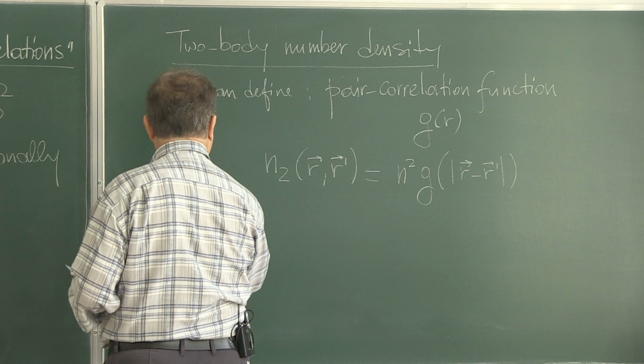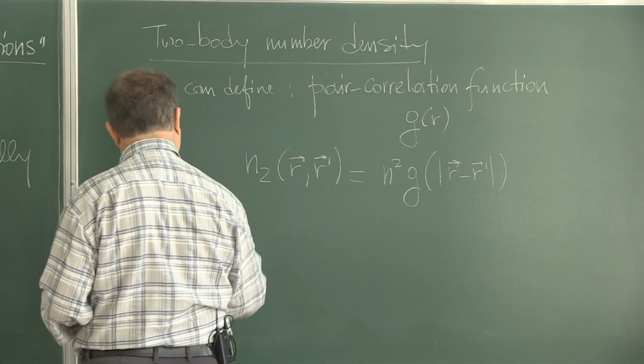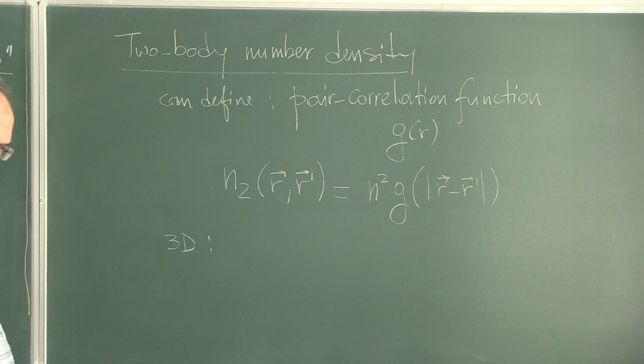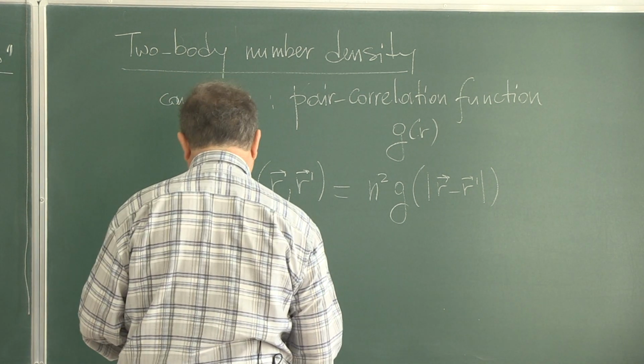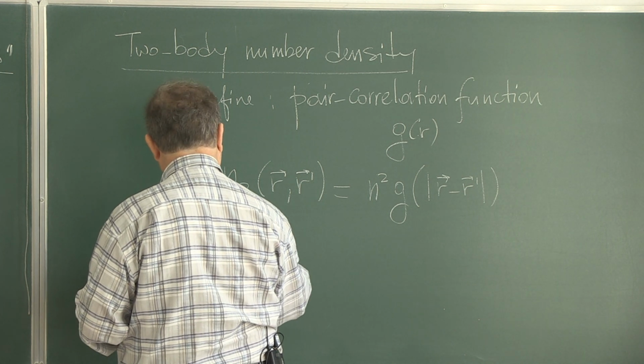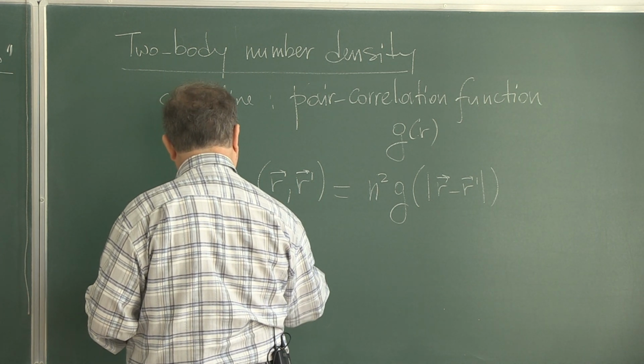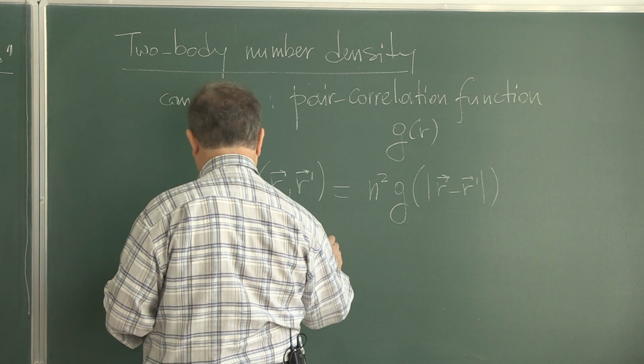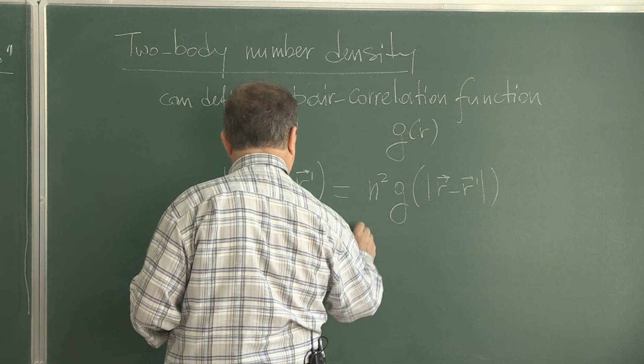Well, if you have a three-dimensional system, the meaning of this g(r), as I'm going to finish this, is 4 pi n r squared g(r) dr